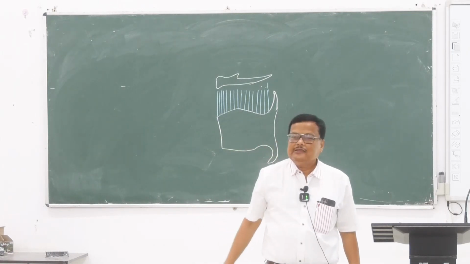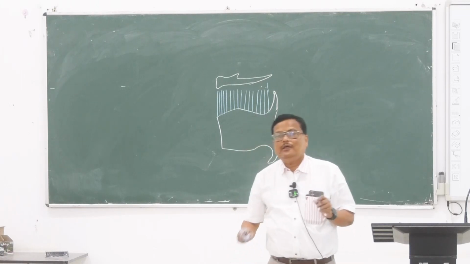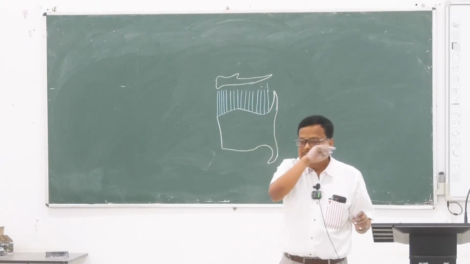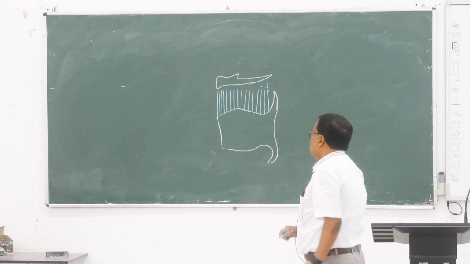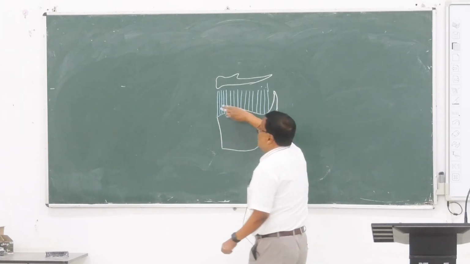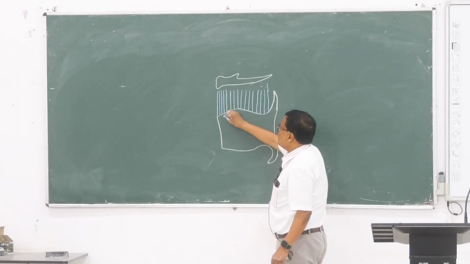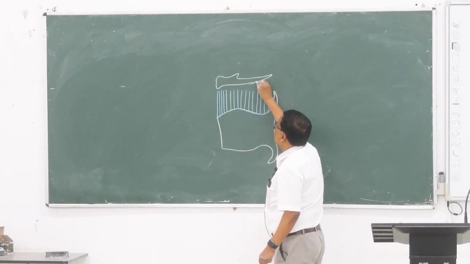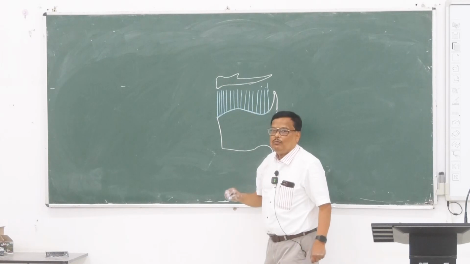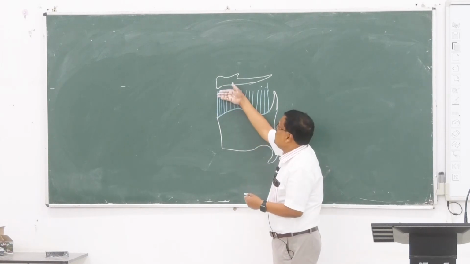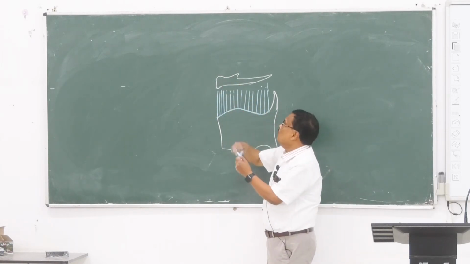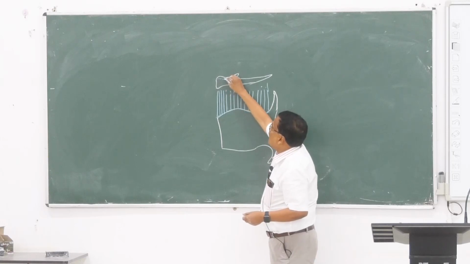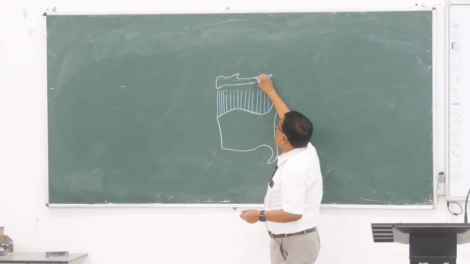Upper border. This thing we ask in the examination, although it makes little sense, but everyone makes a mistake. Our idea is that this thyroid membrane is attached to the upper border of the thyroid cartilage and to the lower border of the hyoid bone. No. It passes deep to the hyoid bone to be attached to the upper border of the hyoid bone.